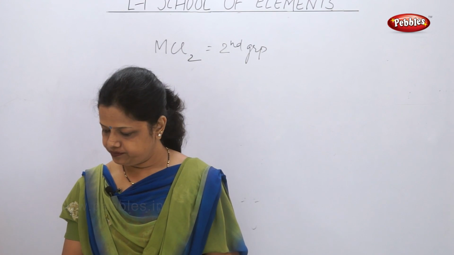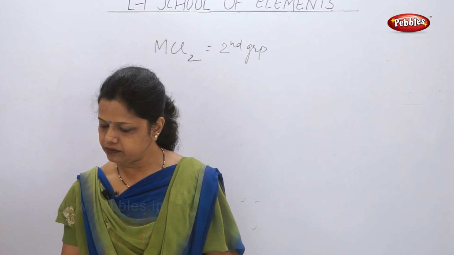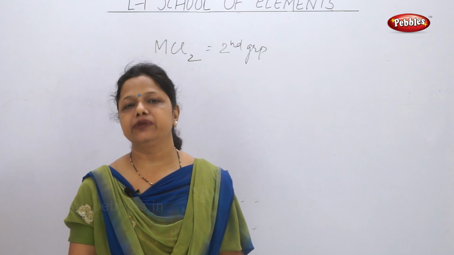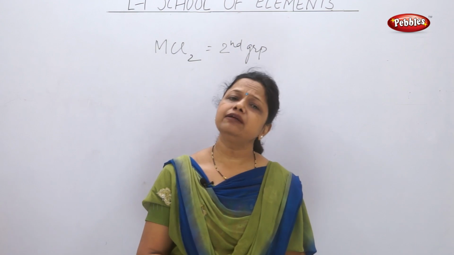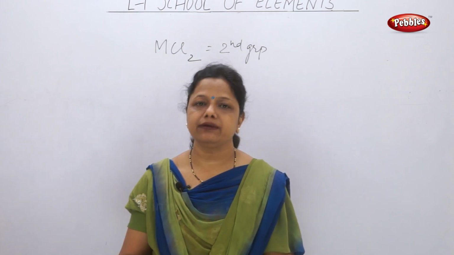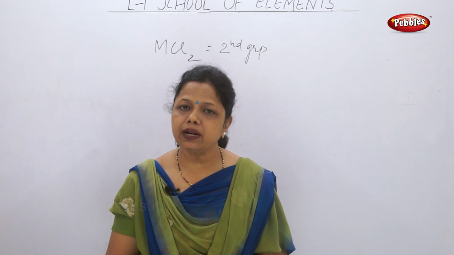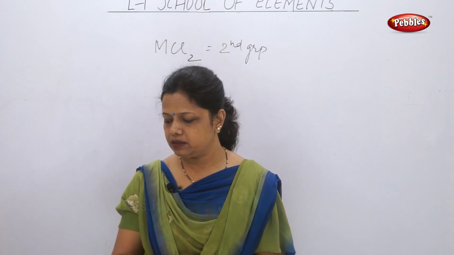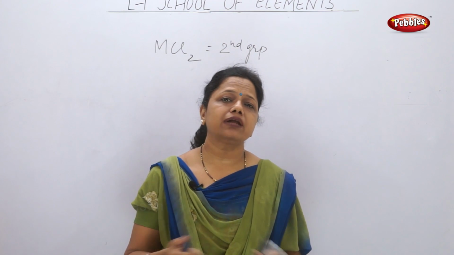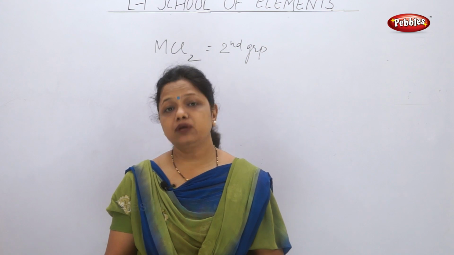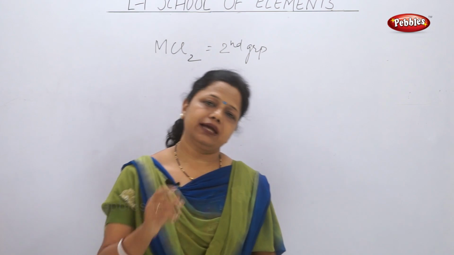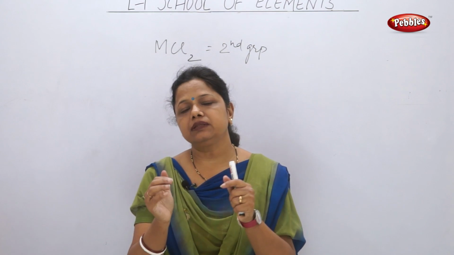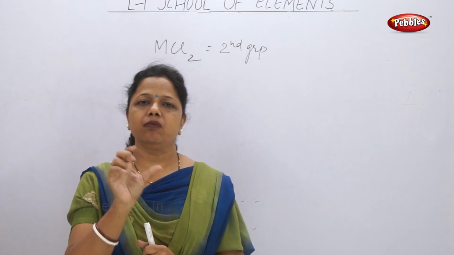Question number 4. Answer the following questions. How could the modern periodic table remove various anomalies of Mendeleev's periodic table? Now, in Mendeleev's periodic table, there was no place given to hydrogen. But in the modern periodic table, hydrogen was given a proper place according to its atomic number, that is first place. Second, Mendeleev did not have a place for isotopes. He could not place them properly. But since isotopes are the elements having the same atomic number, these isotopes were present in the modern periodic table in the same block.